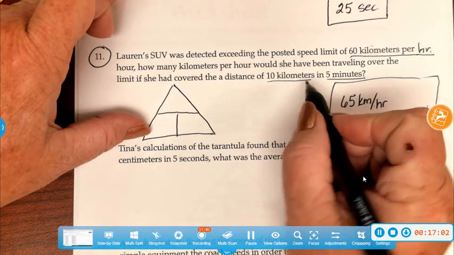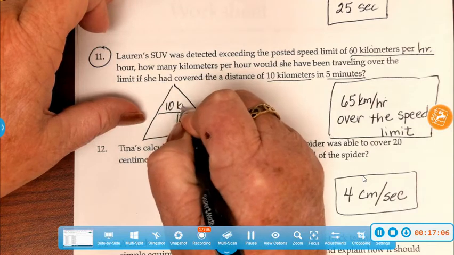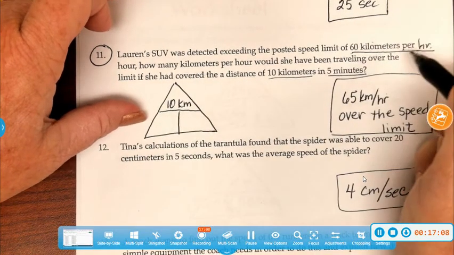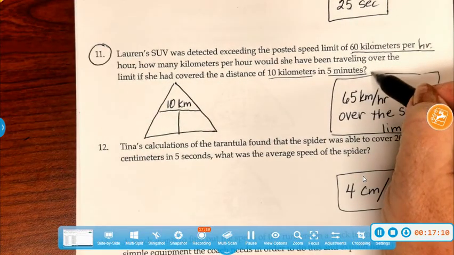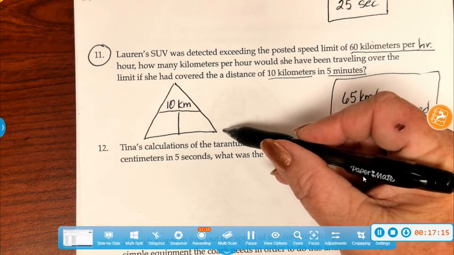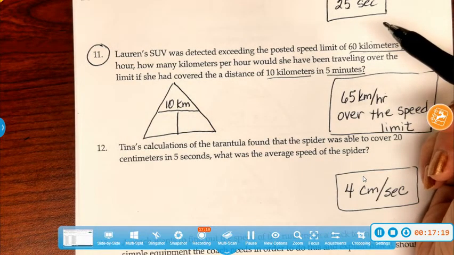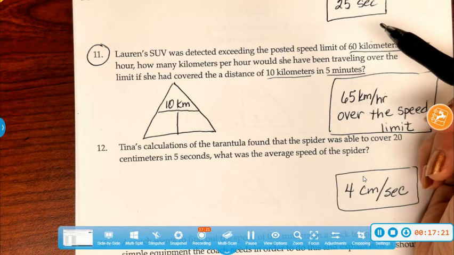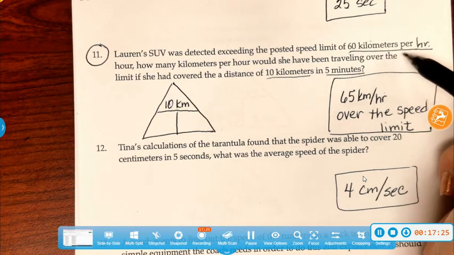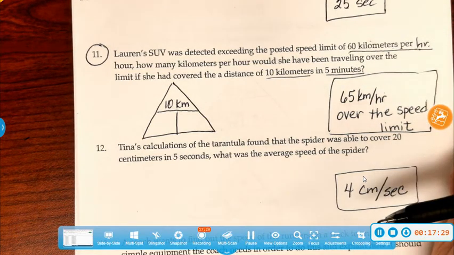We have 10 kilometers. That goes on top. Now it says in 5 minutes. Now wait a second. If we put 5 in here, we're going to get 2. Do you think she's really going at a speed of 2? No. She's going 2 kilometers per minute. We want to compare it to kilometers per hour. So if we wanted to change 5 minutes into hours,